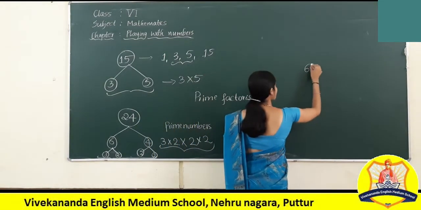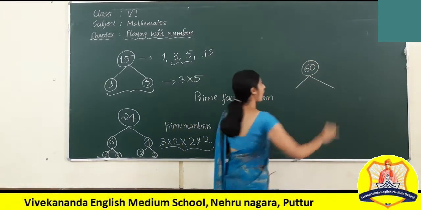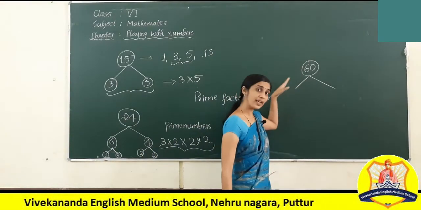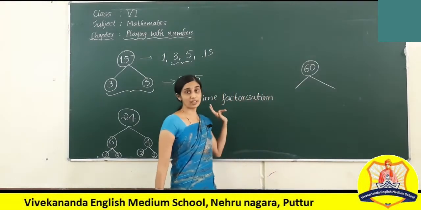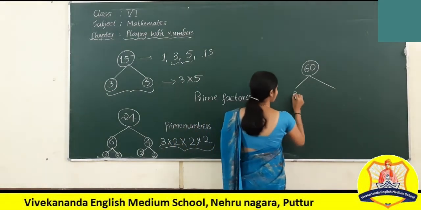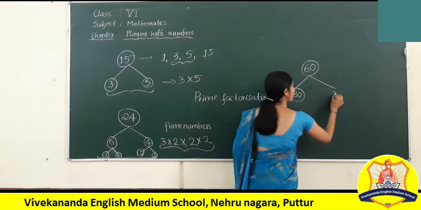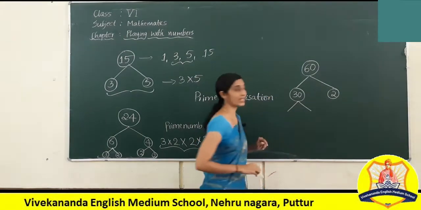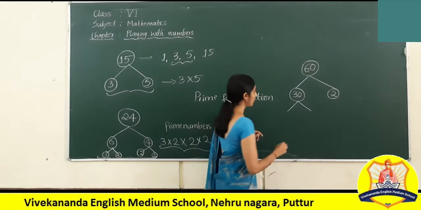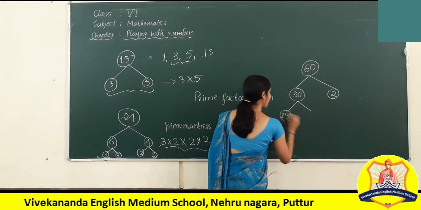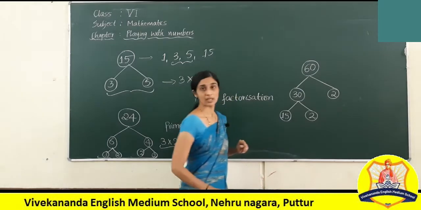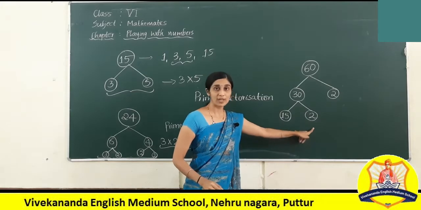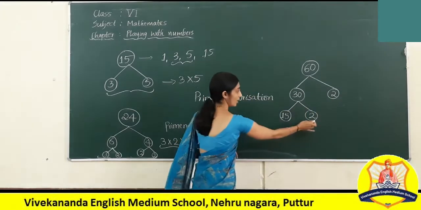Okay, let me take 60. Number 60. How can I express which are the products? Okay, you can express 60 in different way. Product of its factors. I'll take 30. 2's are 60. Okay, further I can divide 30. Right. Which are the numbers? 15 2's are 30. Right. Further, no. It will come here, the number itself and 1. So, I'll stop here.